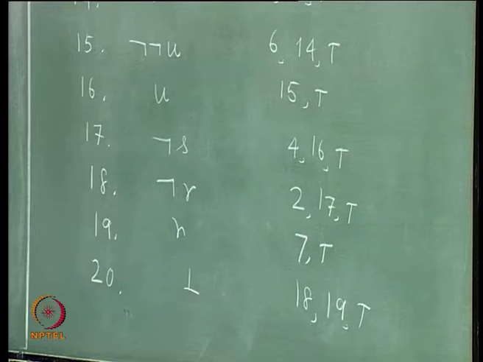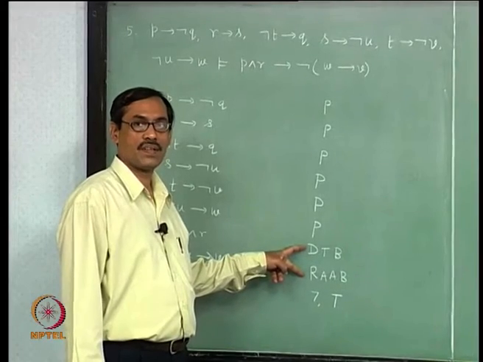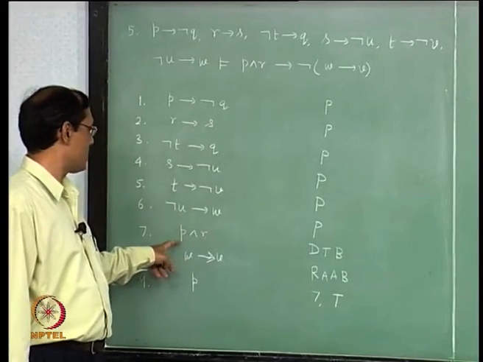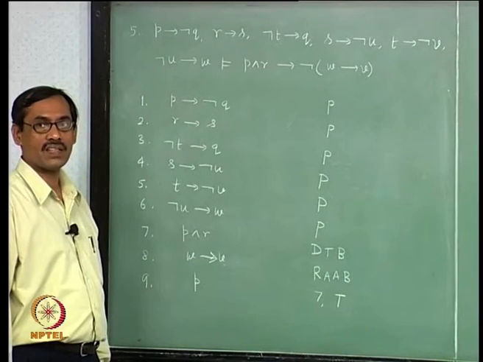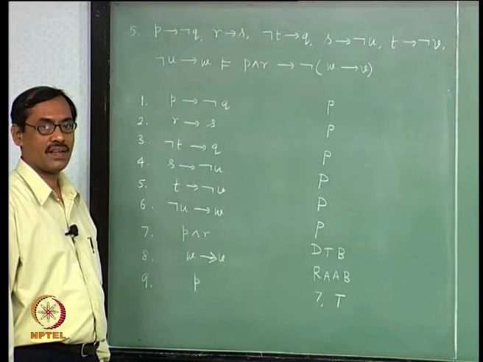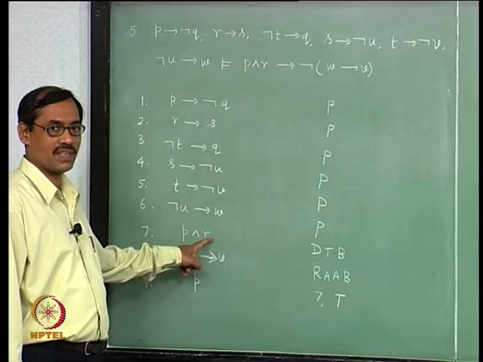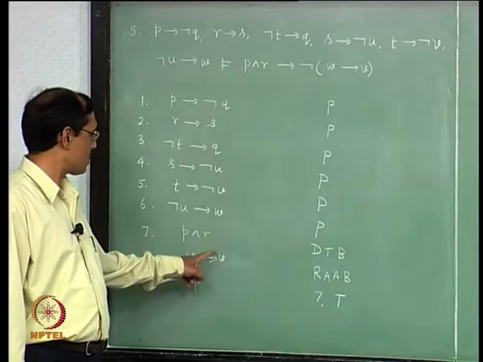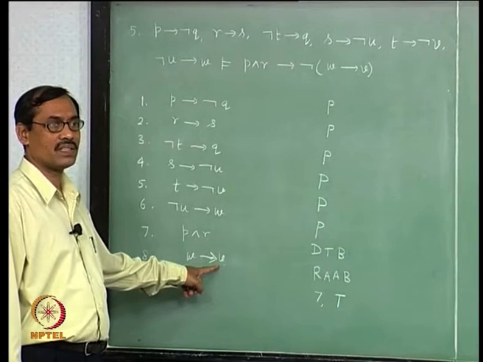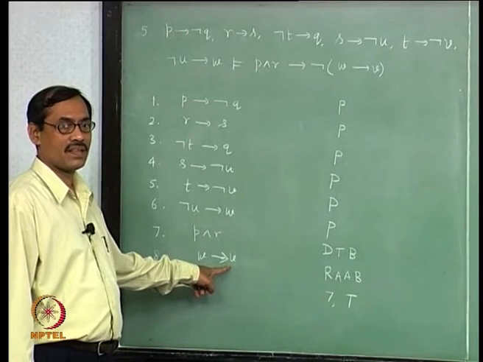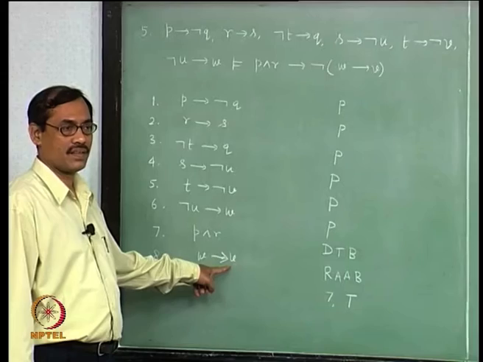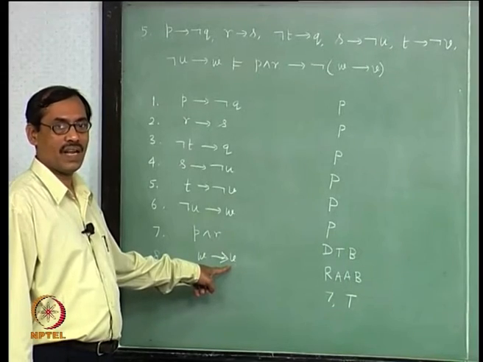Now, the problem is this is not complete, because you have taken 2 extra assumptions, fine. One is P and R, another is W implies V. So, where does that end? You have taken one extra assumption here, P and R. You have also taken another extra assumption, W implies V. Where do they end? Yes. Well, anywhere you could have ended.